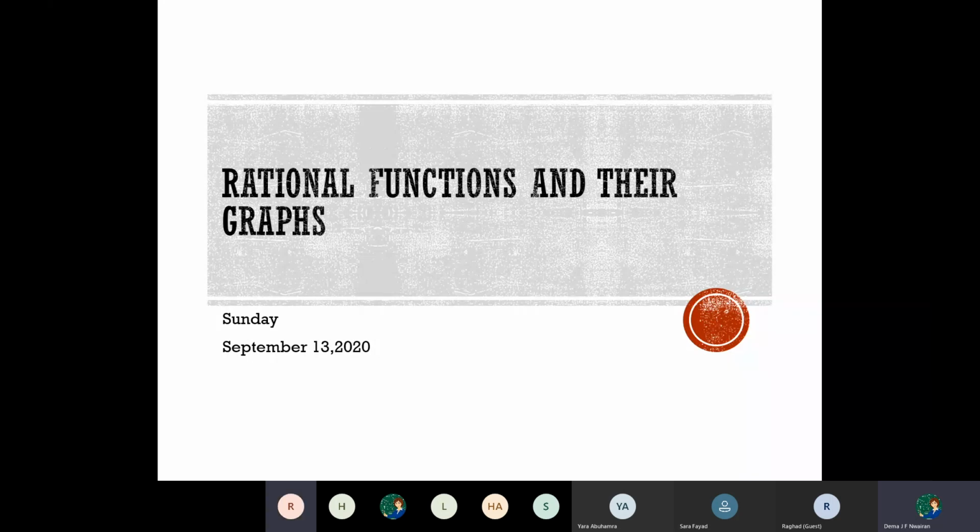Okay, let's start. This is stopped at vertical asymptotes, yeah? Yeah. Now, in the previous lesson, we talked about how can we find